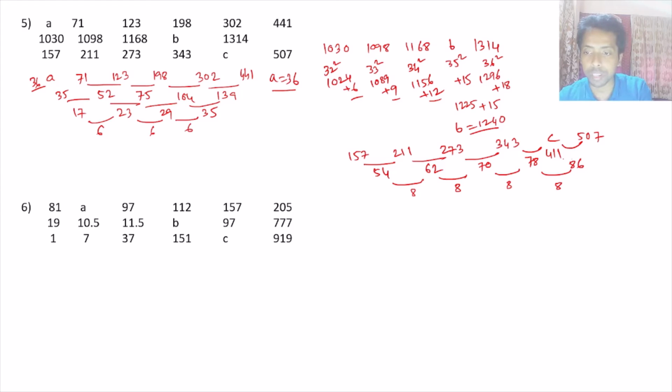That means the value of C is 411. Right? So what's the relation here? That means A less than B, B greater than C. Right. Next,